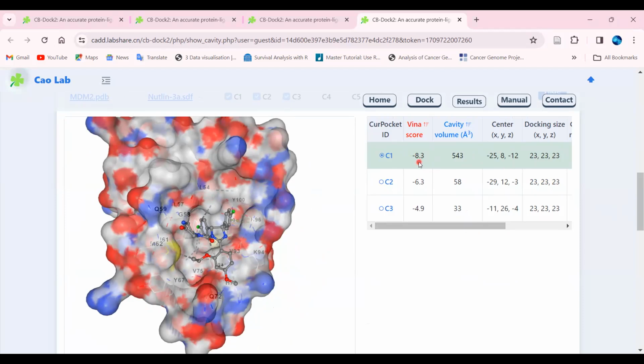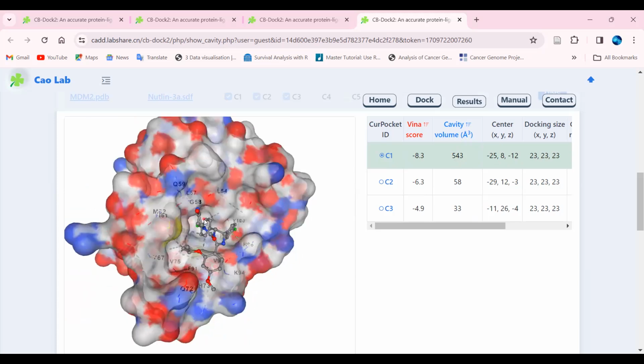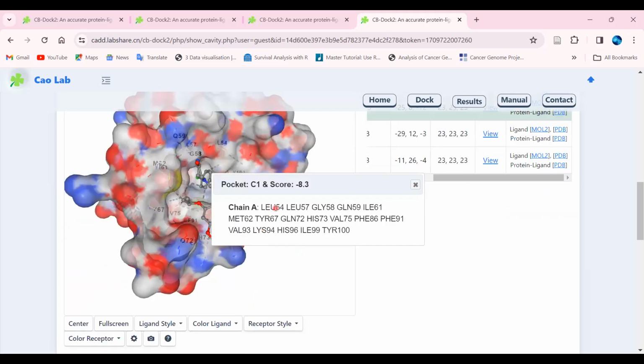That is why my high recommendation to all of you is that whenever you are importing your PDB ID, select the first cavity which is covering a high volume, or where the size of the cavity is really good. Then you will even get the XYZ coordinates with the docking score and the best visualization of the complex. You can even get to know about the residues which are interacting. So all the things are available in front of you.